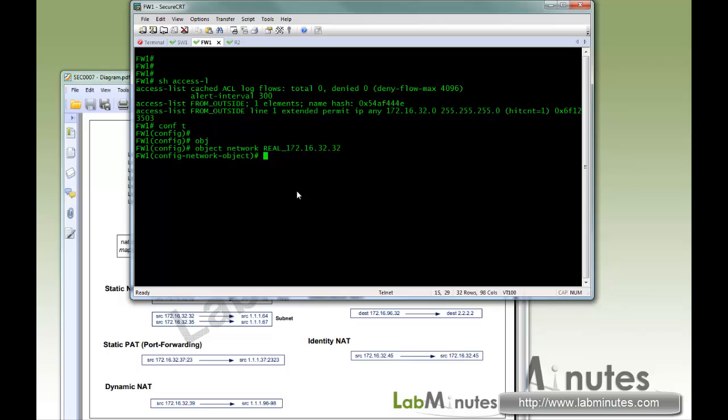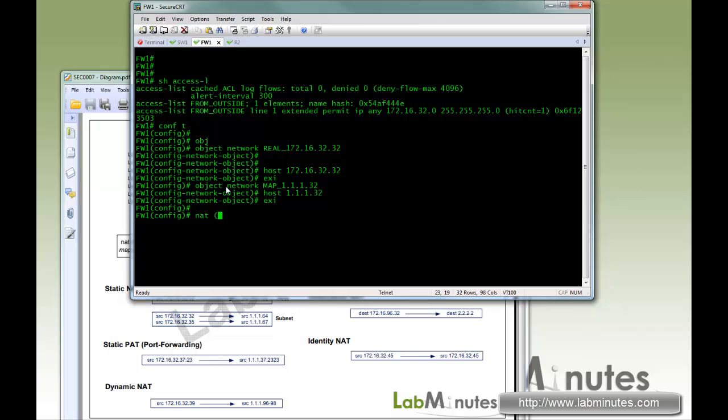Object network 32.32 host 172.16.32.32. As you can see, I embedded the word real in there, so it knows it's going to be used for the real IP. With the object network, then we're going to have the one that's mapped, 32 host 32. Now we're going to put them together with inside, outside,